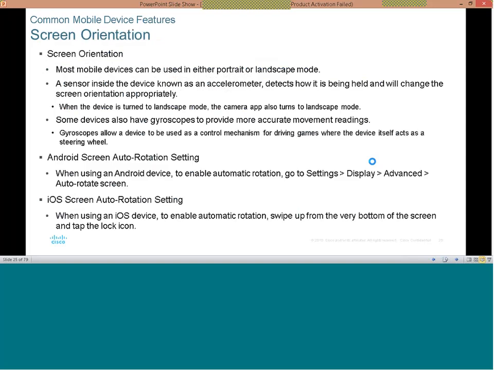And then the screen orientation. Let's look at both of them. Screen orientation. So most mobile devices can be used in either portrait or landscape mode, which you can also turn around. A sensor inside the device known as the accelerometer detects how it is being held and will